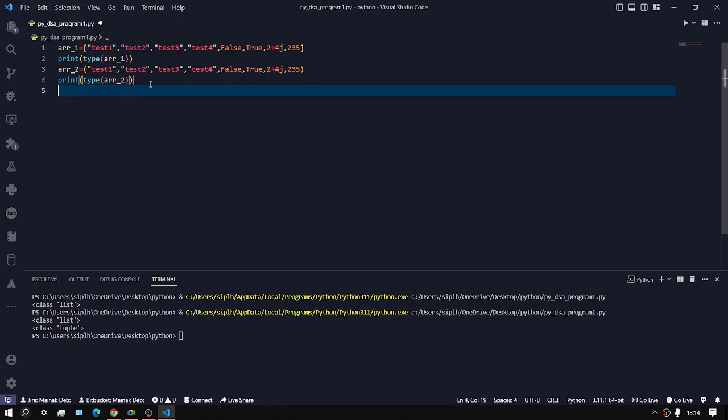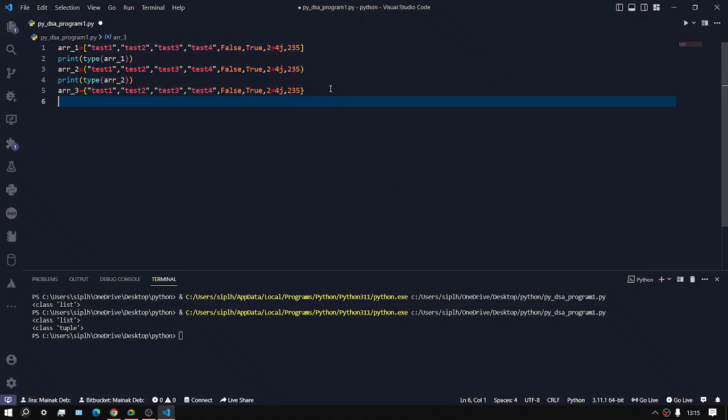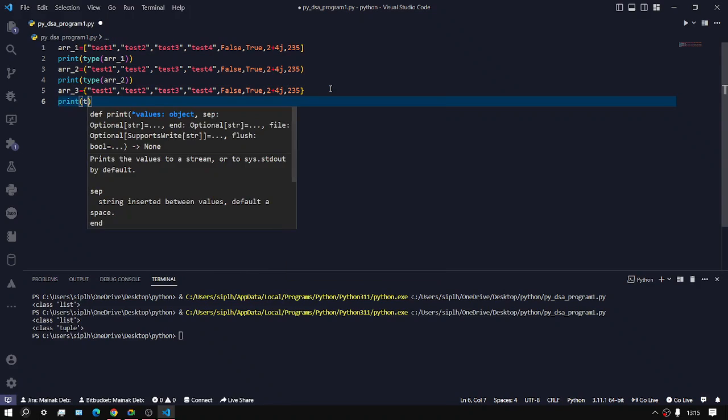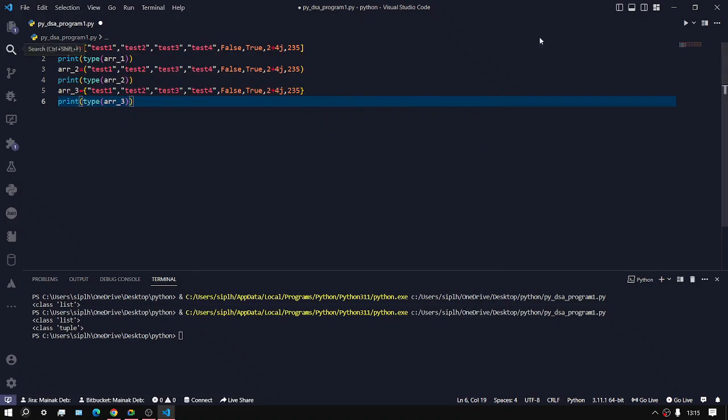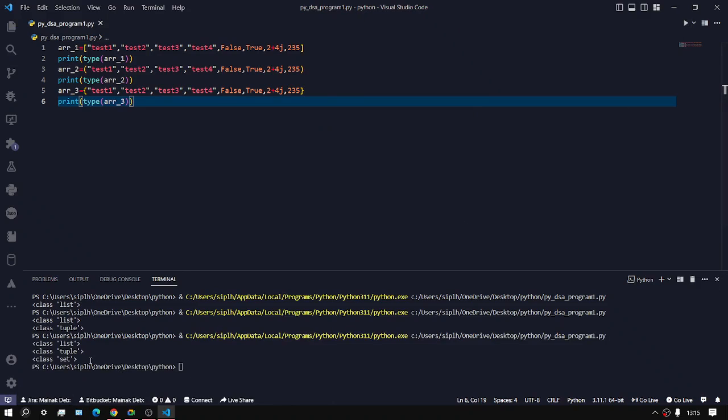Okay, now the third type is the set. So I am giving curly brackets over here and I am defining a few values. Just say I am defining the previous values only. So see, this is a class set,